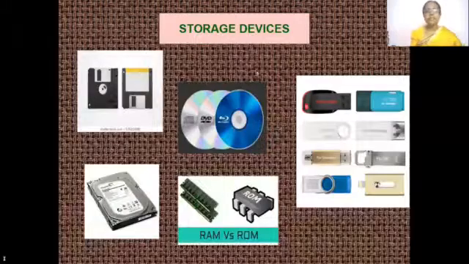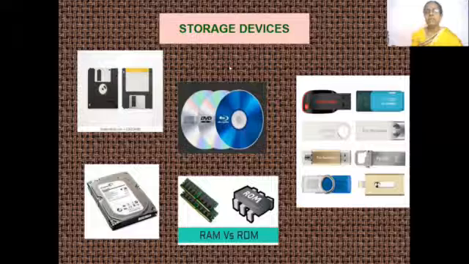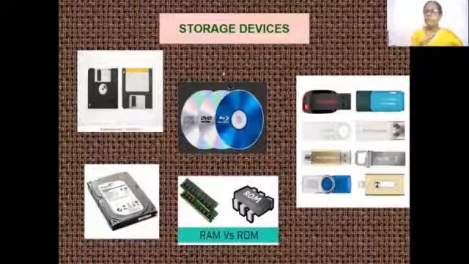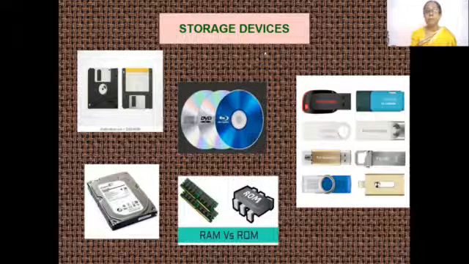The next type of device, as I told you, first you learn the input device, then the output device. The third is a storage device. Where can you store all these things? After you print and get everything out on the monitor, it needs to be stored. Suppose you've printed any information, you may lose that information if it's just on the screen. Once you switch off the computer, everything is lost. So you need to put it into a storage device.